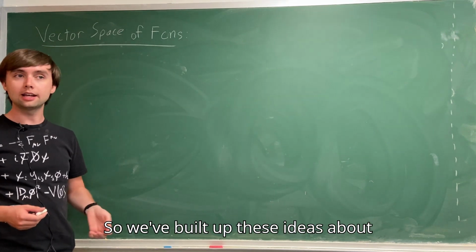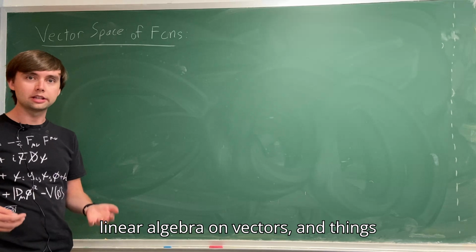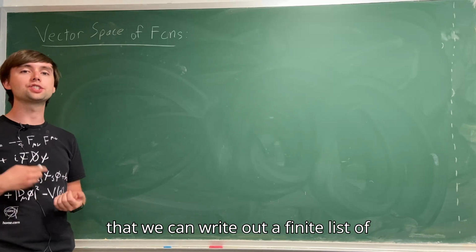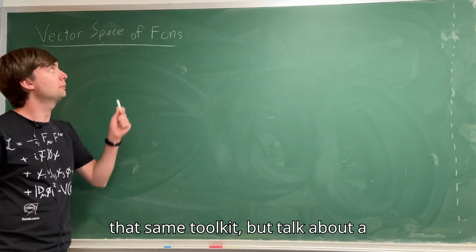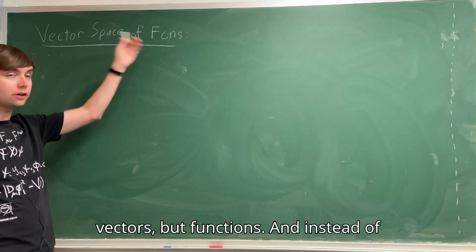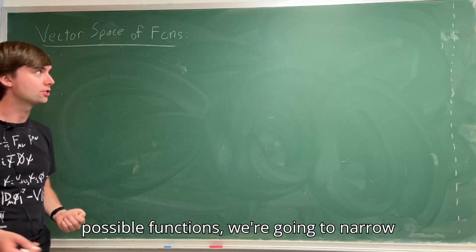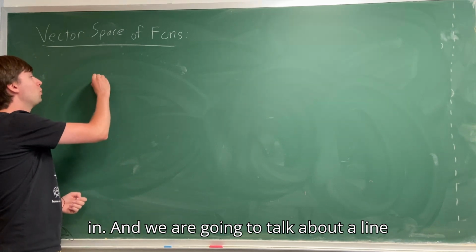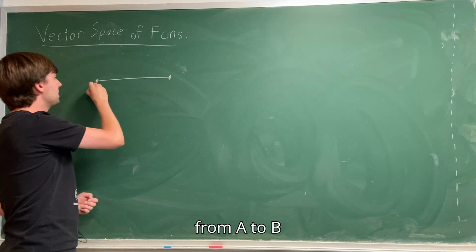So we've built up these ideas about linear algebra on vectors and things that we can write out a finite list of coordinates for. Now we're going to take that same toolkit but talk about a vector space made not out of traditional vectors but functions. And instead of dealing with the whole space of all the possible functions, we're going to narrow in. And we are going to talk about a line from A to B